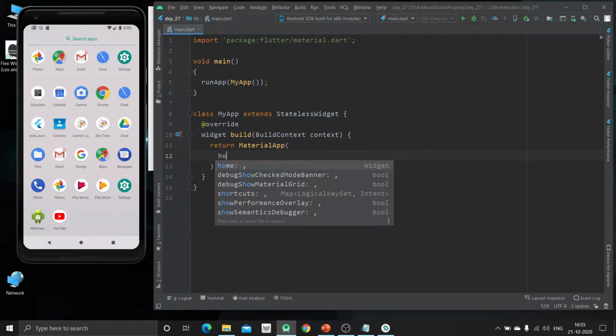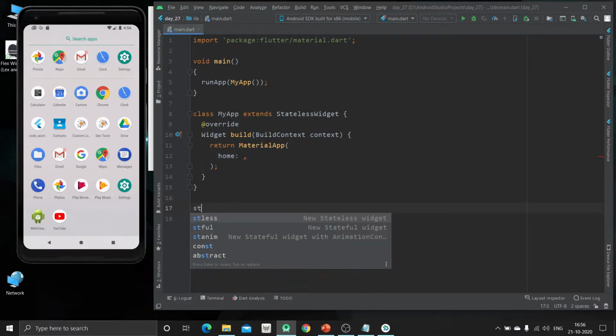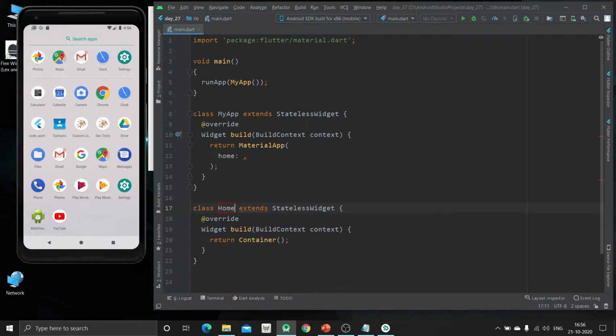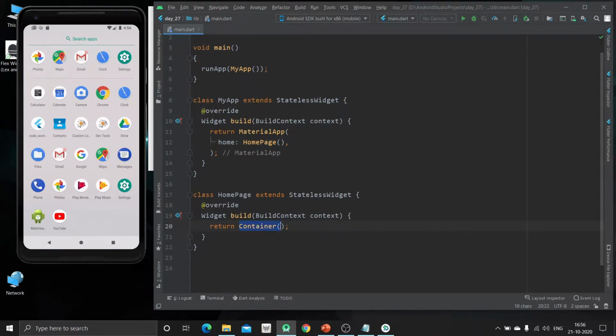Inside this I am going to create one page, that is home. Now I am going to create one class for this, that is HomePage. It will be a stateless widget, and I will call this HomePage inside. Now I am going to create the scaffold widget.